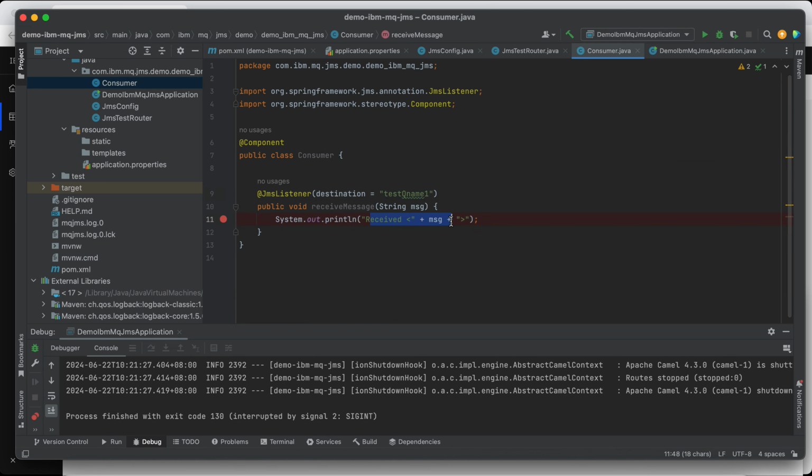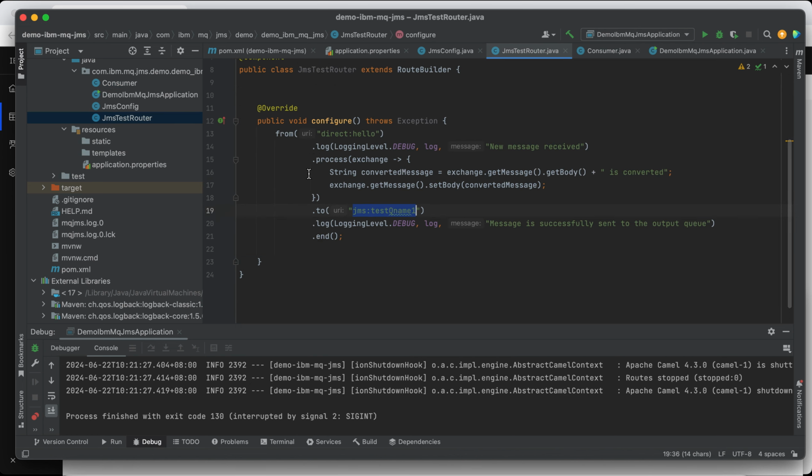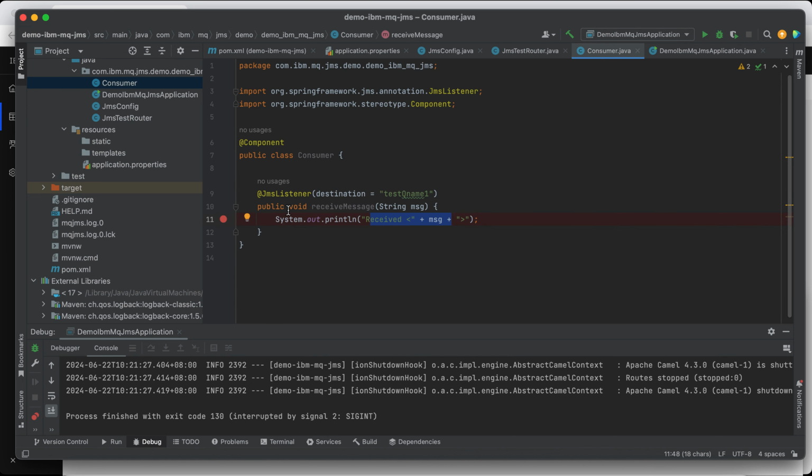Why? Because of this router configuration. If any request is sent to this endpoint, it will be redirected to JMS with this queue name. And since we have a subscription to this test queue name 1, we will receive it here, right? Okay, let me run.